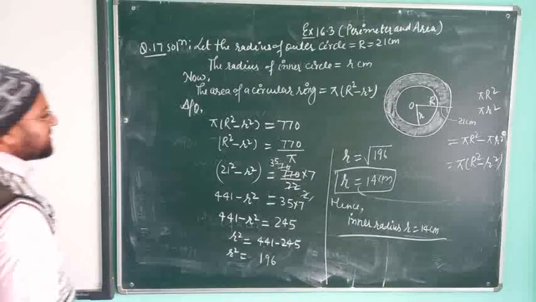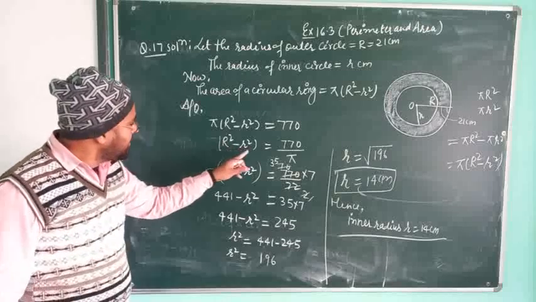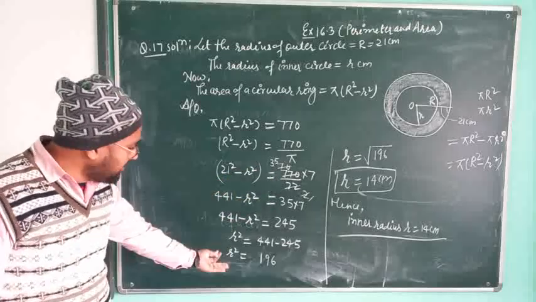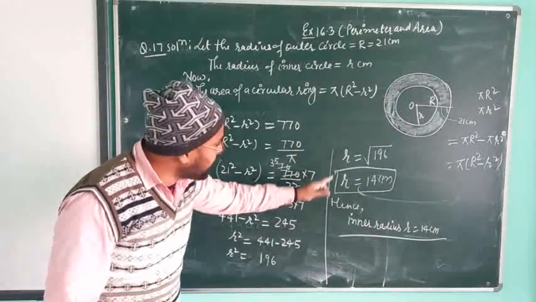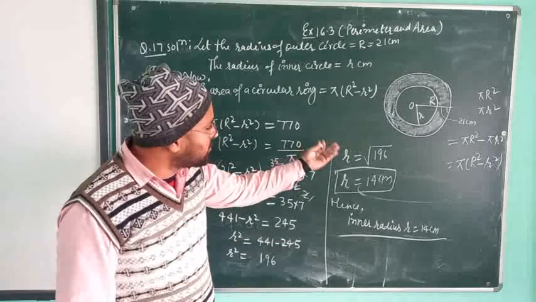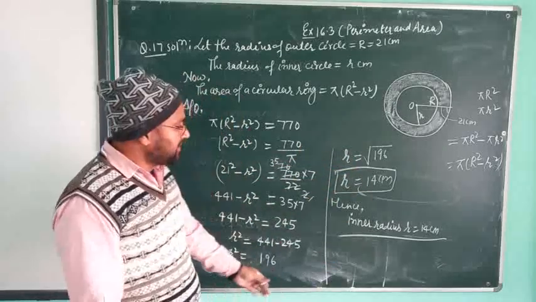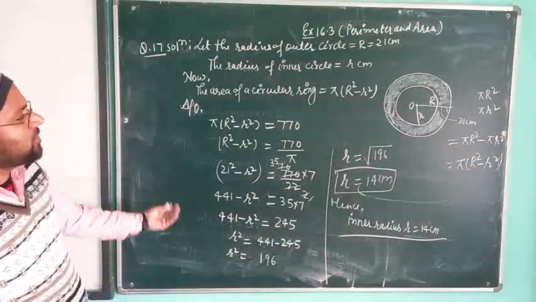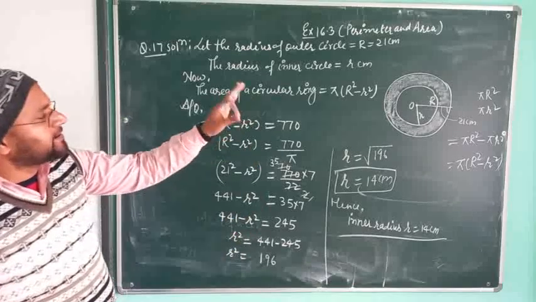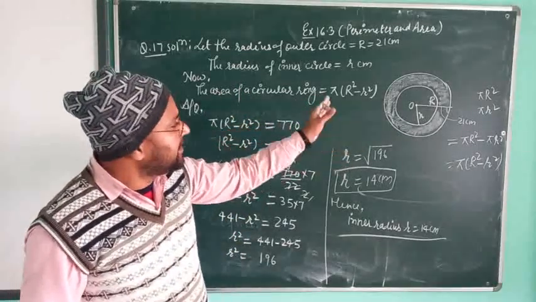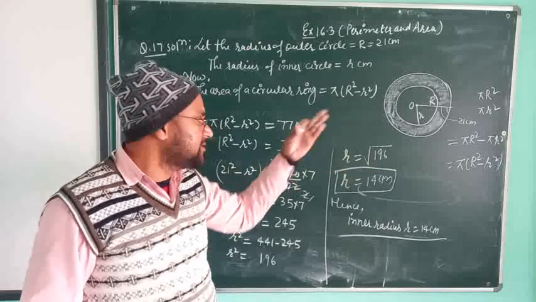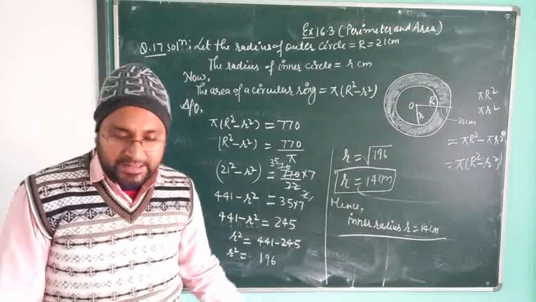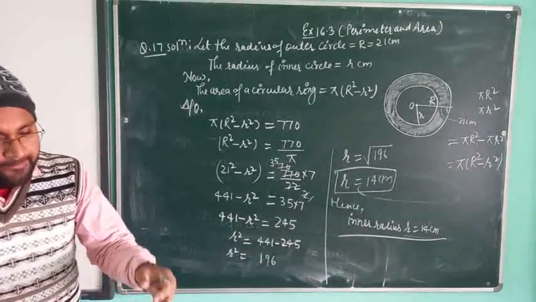It depends on you how to do this. You can break this r square minus R square also, as a minus b, a plus b, then you will get the same answer. R square is equal to 196, then r is equal to under root 196, and the square root of 196 is 14 centimeter. Hence the inner radius is equal to 14 centimeter. It's very easy. You can also find separate areas, the area of the outer circle and the area of the inner circle, subtract them, and you will get the same result. The inner radius is equal to 14 centimeter.